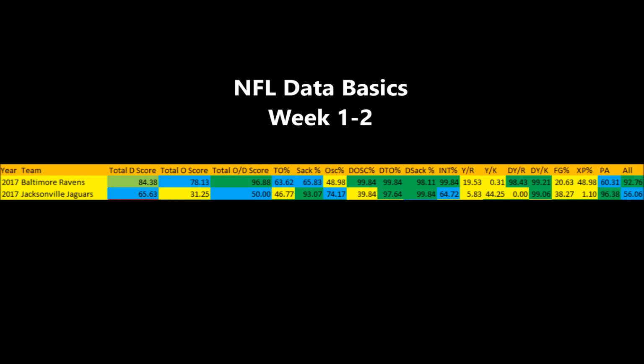But again, for the most part, the Ravens are favored just because their offense is a little bit better in certain ways, and their defense overall is better, especially at preventing points from being put on the board. So those are the advantages for the Ravens versus the Jaguars in terms of NFL basics. Now, when you get to the completion percentage data,